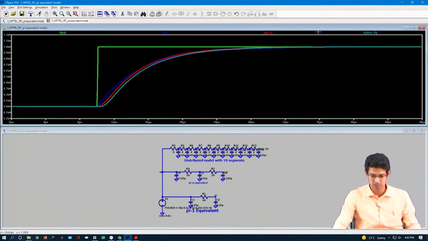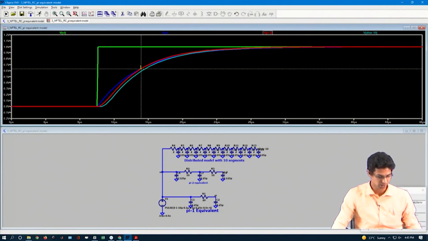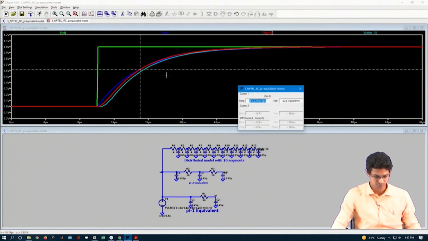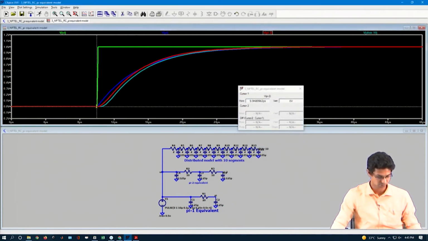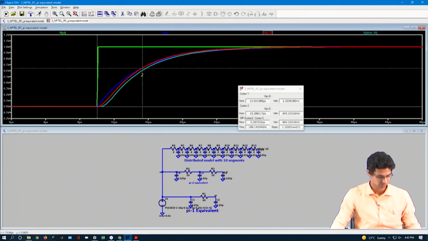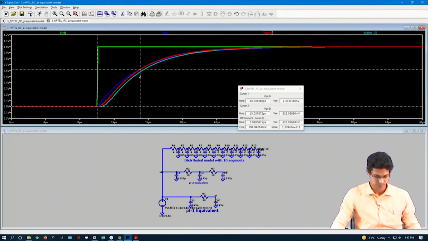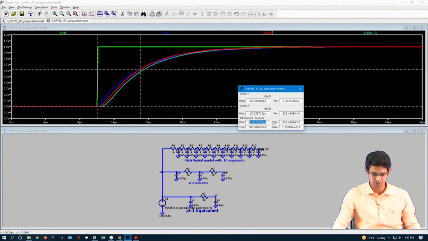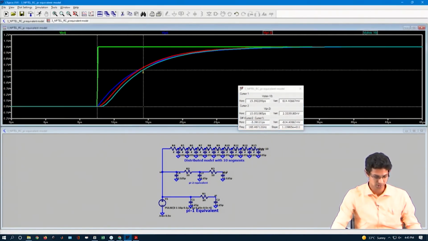In fact, if I want to check my pi 2 model and the 63% delay in that, now if I look at this, this value is 5.052, which is much closer to your theoretical value of Elmore delay of 5 picoseconds than this curve. So, if I want to check this curve, then this will be